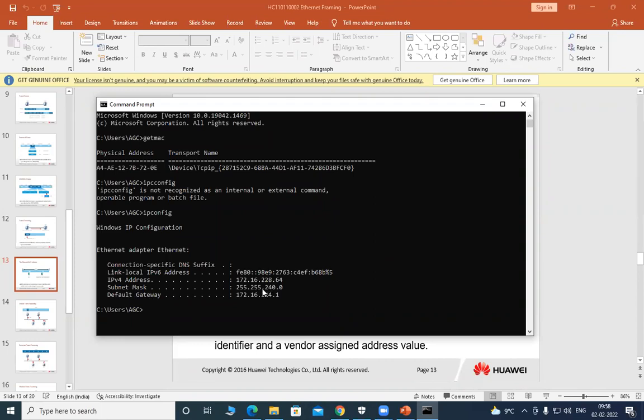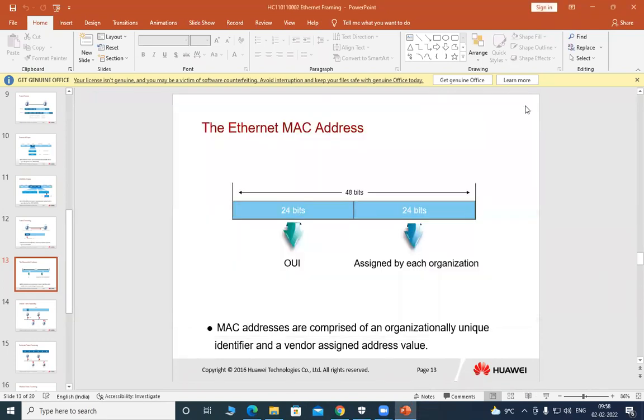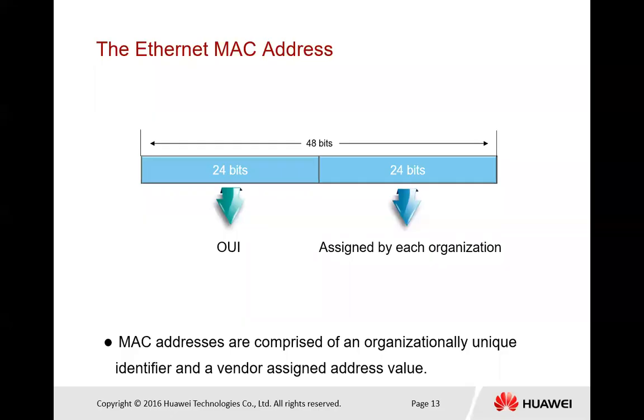We will learn how it is deployed for this particular IP address. But if we want to manage the subnet mask address, how we can manage it, we will explain in our next topic. That is specifically for the IP address. Here we just explain the MAC address. So next, I'm just going to explain more about the MAC address.